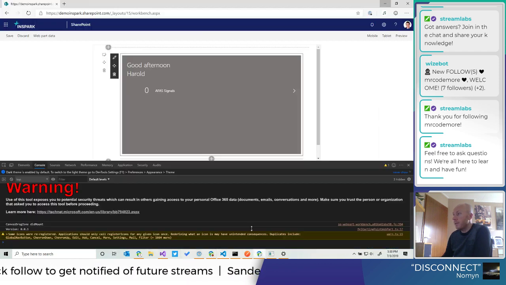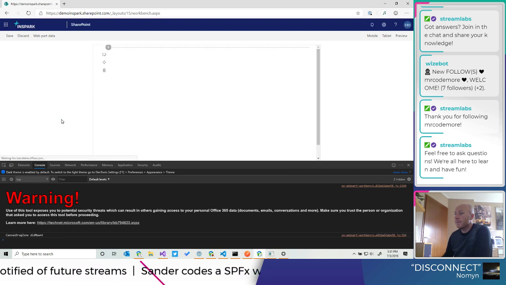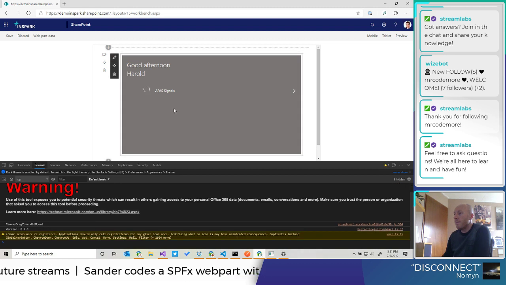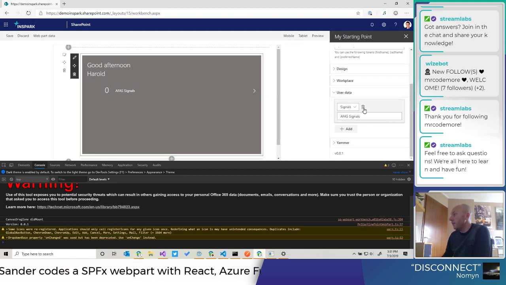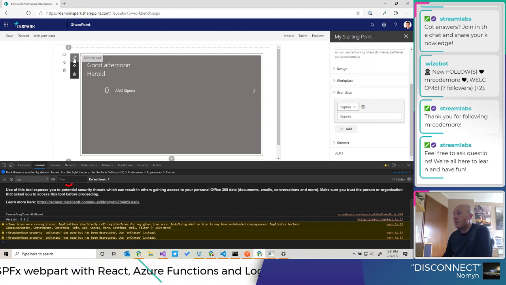Right, I can reload again. Okay, we don't have the icon yet, of course, because we need to re-add it so that the icon is set in our properties.